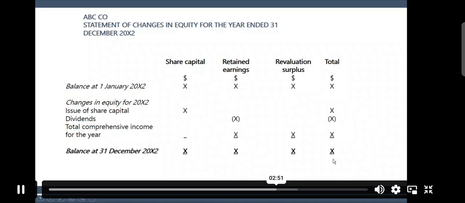This is a very simple format of the statement of changes in equity, but it should be enough for your F3 purposes. When you move on to F7 or SBR, the statement becomes a little more complex, but the idea is the same. The concept is the same: you take your opening balance of equity plus or minus any changes in share capital, share premium, retained earnings or reserves. Any changes in these four items are reflected,